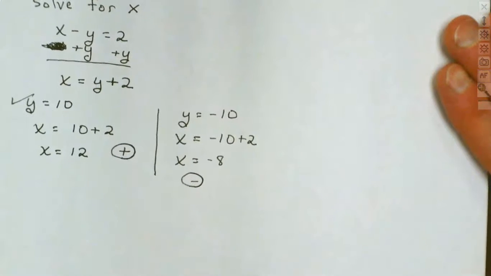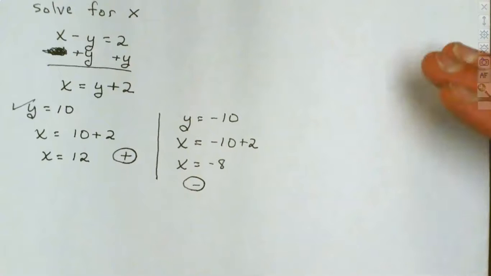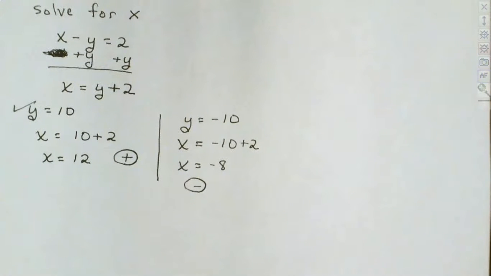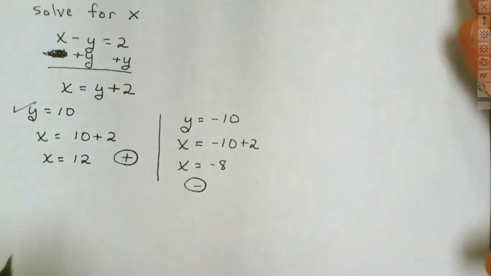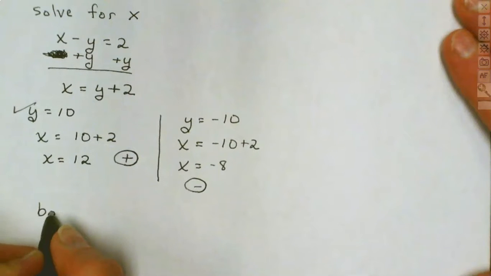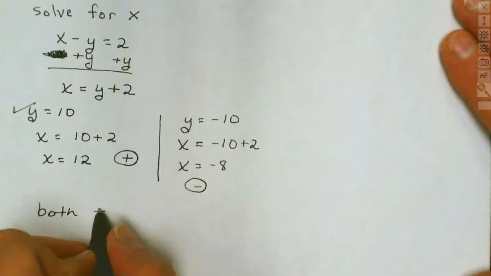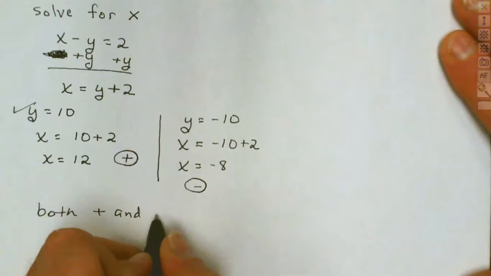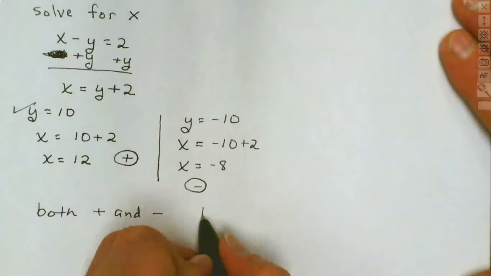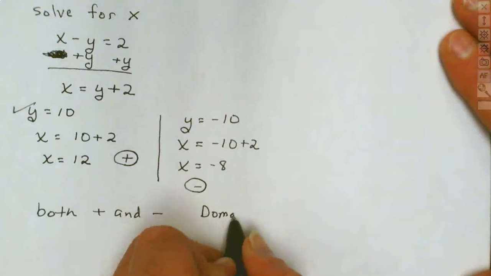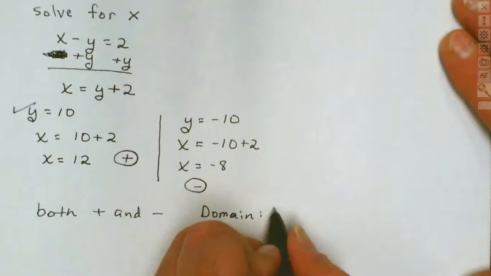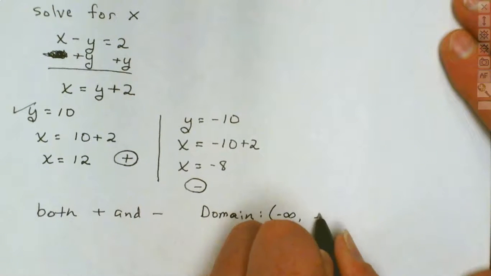Now, this is, again, one of the three choices that we had. When it was positive, what was it? When both were positive, it was 0 to positive infinity. When both were negative, it was negative infinity to 0, right? Because that's only the negative half. When you get out both positive and negative, what was it? Both positive and negative, one positive, one negative. Your domain was then everything, because you can get out positive and negative numbers, so your domain was negative